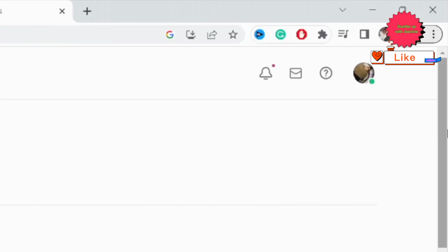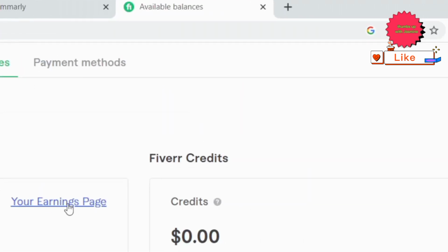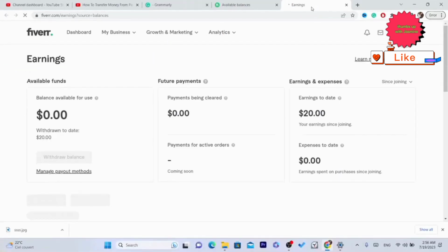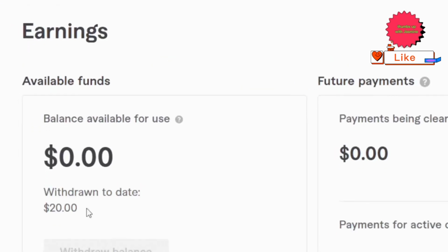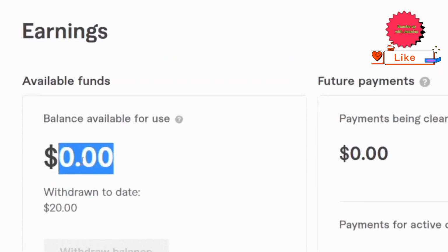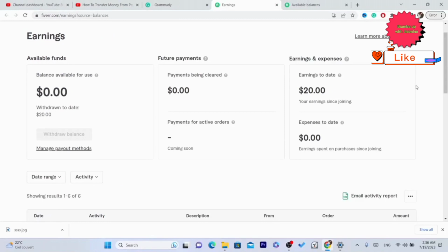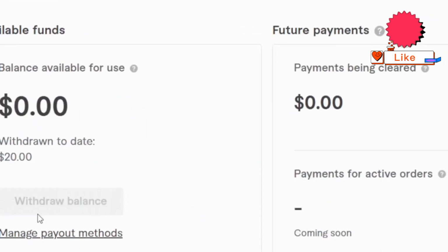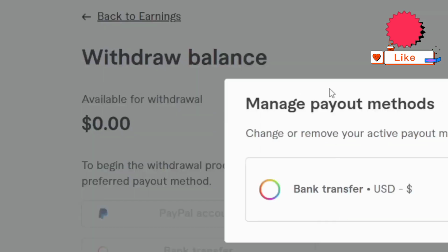Then you want to click on available balances. So I had like $20 here, but I have withdrawn it. I have withdrawn the funds. So you want to click on your earning page. This will take you directly, guys, to your earning page. As you can see, I have withdrawn $20. So here you will find your available balance, but you need, guys, to add payment methods. You want to click on manage payout methods,